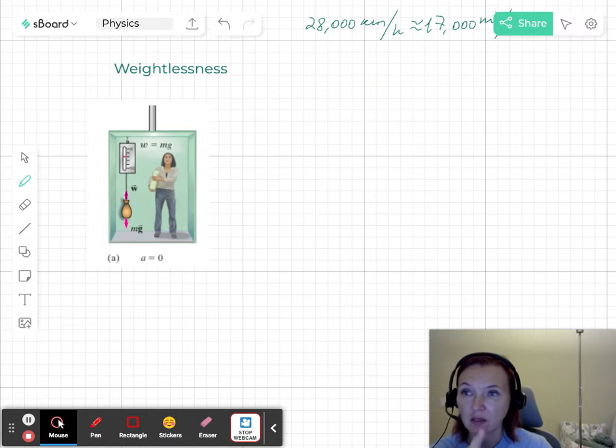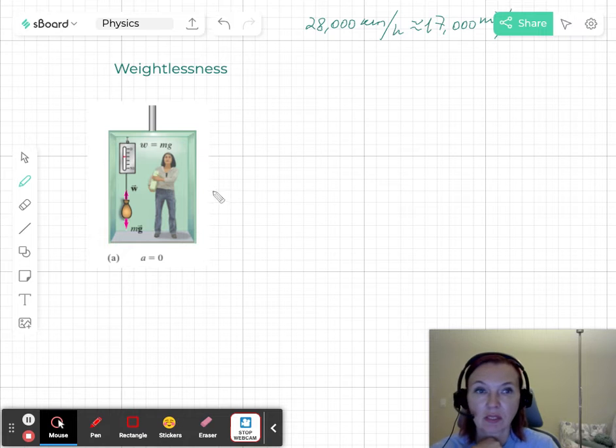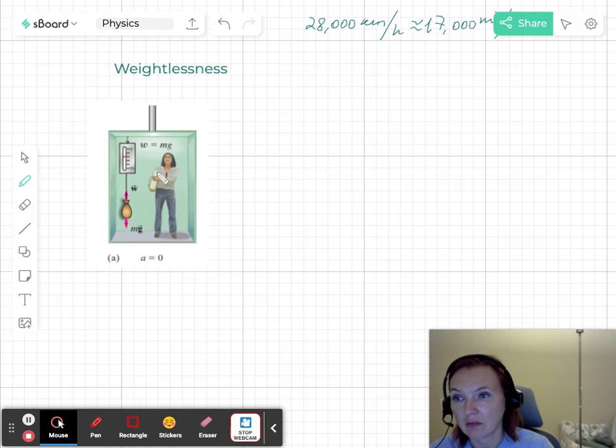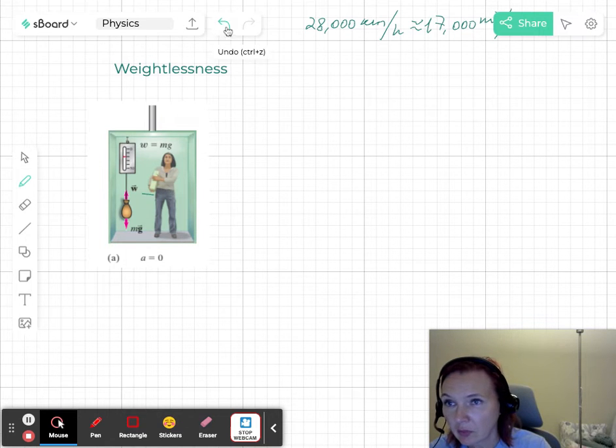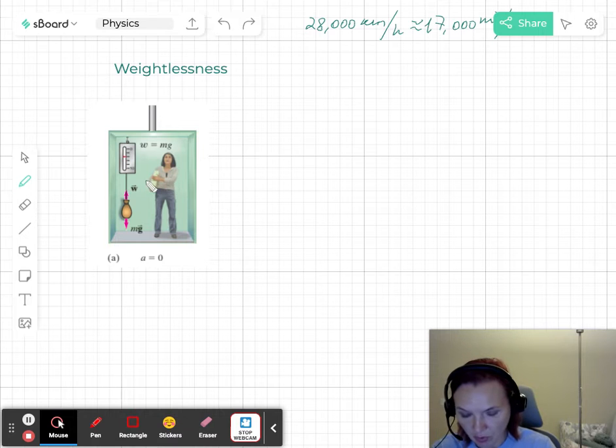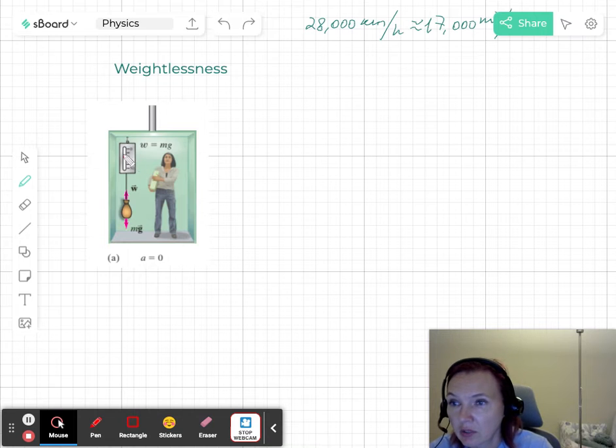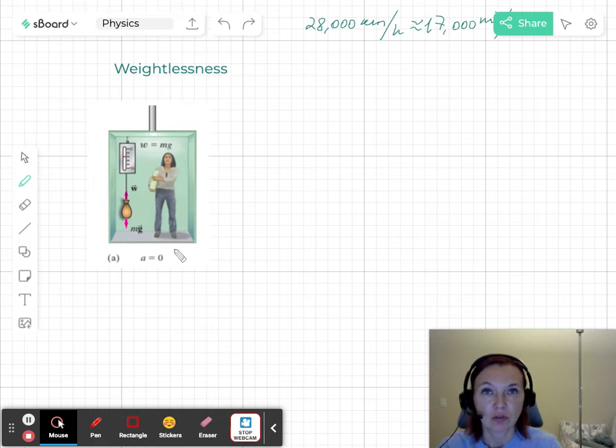All right, next part is weightlessness. So let's talk about weightlessness, apparent weightlessness. So on the satellite, we know that people experience apparent weightlessness. So before looking at the satellite, we're going to look at the simpler case. We're going to look at an elevator. What is happening in the elevator? So over here, what I have is a lady with a box or a book, who knows, and there is some weight hanging on the scale, and the acceleration is zero. So the elevator is not moving anywhere.